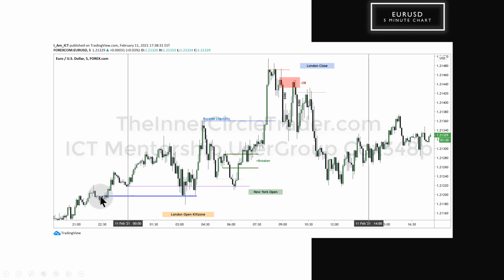All right, we can see an order block traded down to London open kill zone, midnight New York time. Not interested in chasing it higher. We want to see it go below the opening price at midnight. We have it here in the heart of London open. Price rallies, retraces ahead of New York open kill zone.